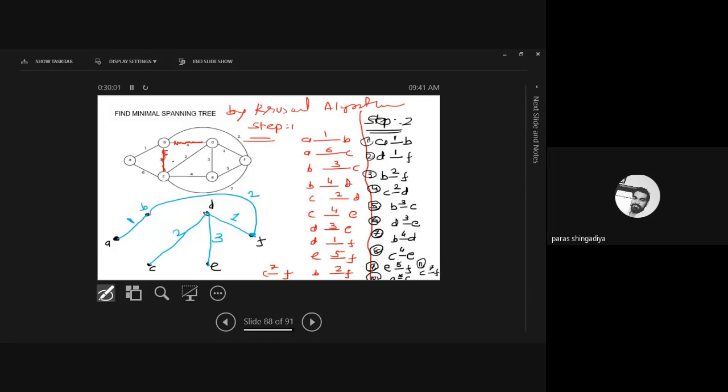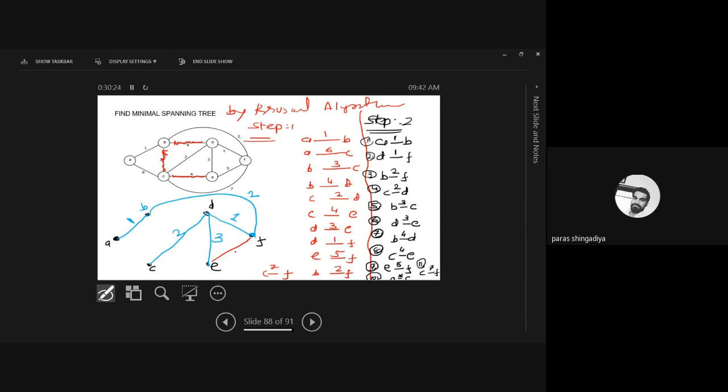And after that, C and E. So C with E. If we connect this one now, it creates one triangle by using these 3 vertices, and it looks like one closed walk. Okay, it creates one closed walk here. So we'll skip this edge also. Okay, we'll skip here, and then after E to F, that is E to F, that is this one.